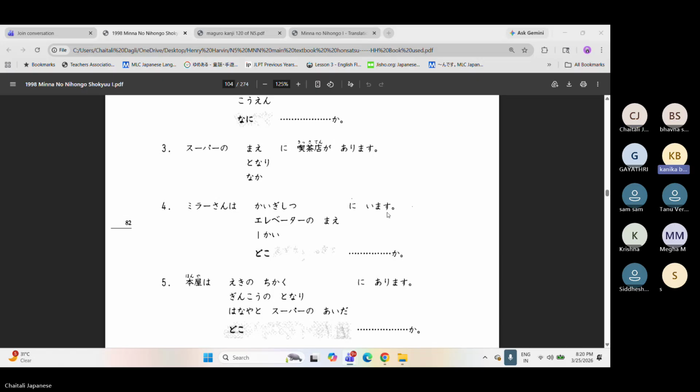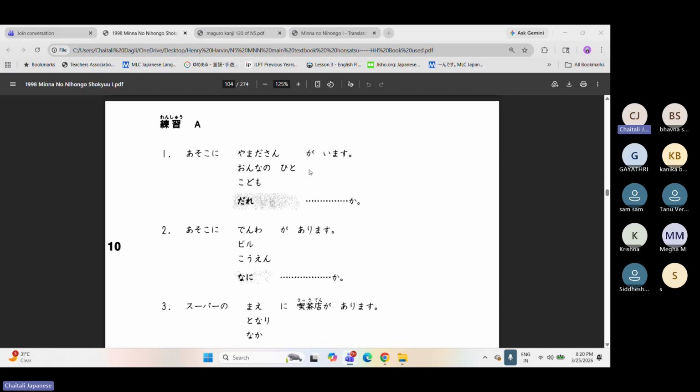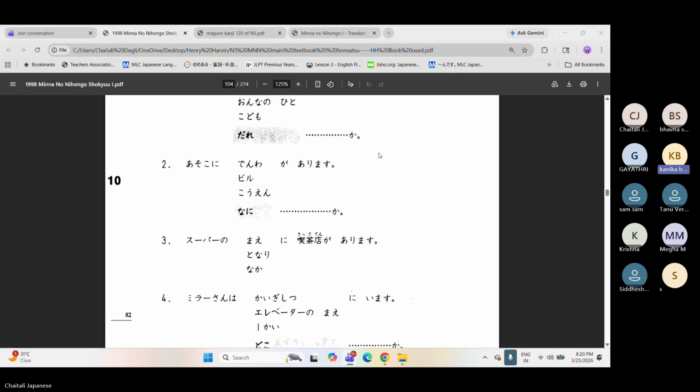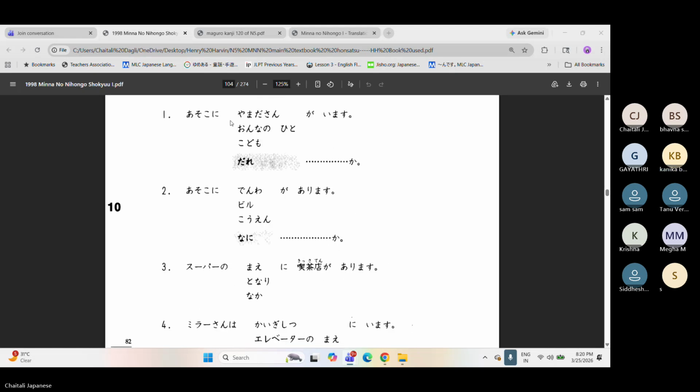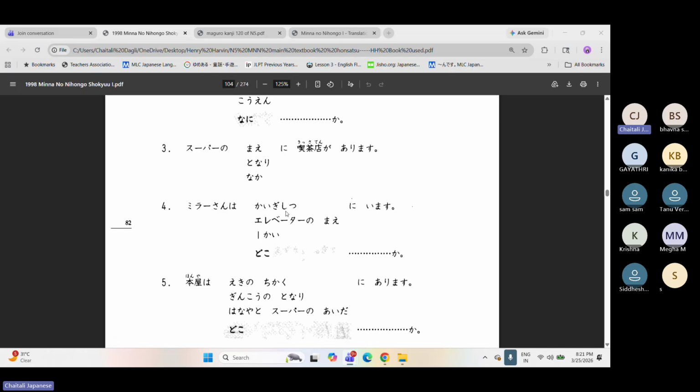Got it. But if it is a non-specific location then? Yeah, if it is a non-specific location, then you say ga imas. So non-specific location example, what would that be? That over there, like that? Ah, asoko ni Yamada-san ga imasu. There is Yamada-san. Are we pinpointing the exact location? No, we are simply saying wahan par hai. But here we are pinpointing the location, and we are telling that Mira-san is in the meeting room. So particle ga will not come. Clear, everyone?